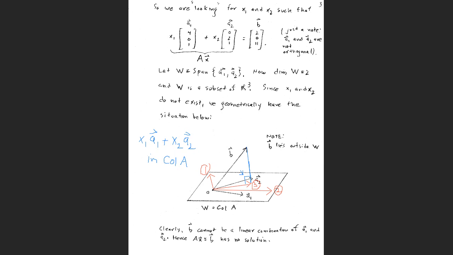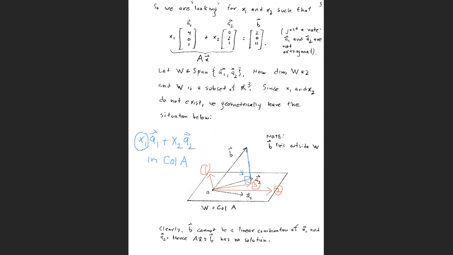And that also means that vector 3 is the closest vector in subspace W to the vector b that's outside of W. Vector 3 is the closest. So the projection of the vector b onto subspace W is a special vector, and you know, there exists